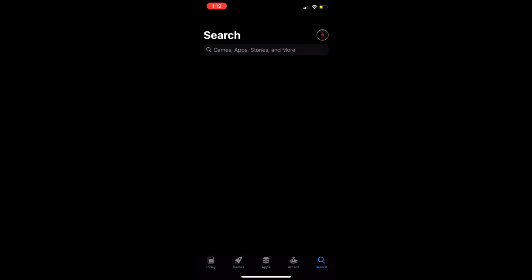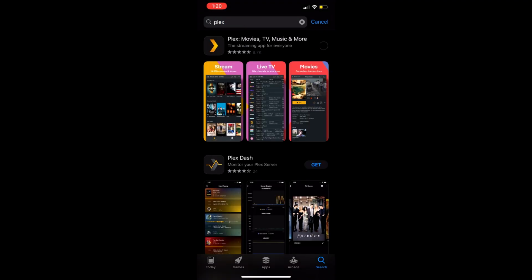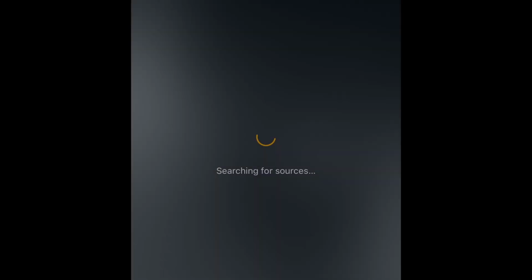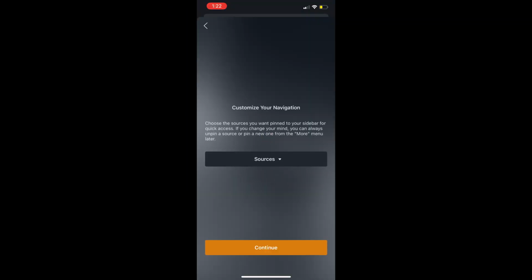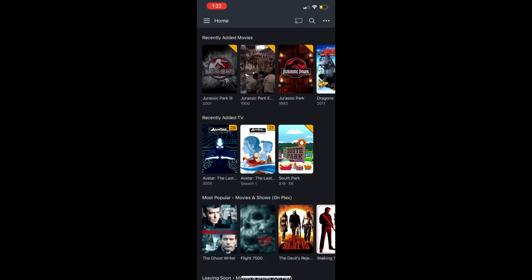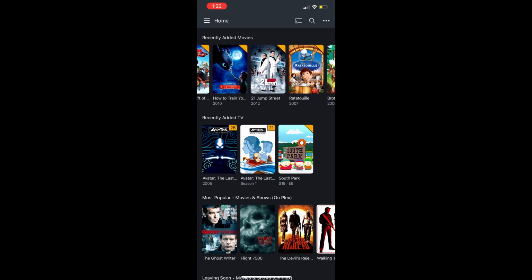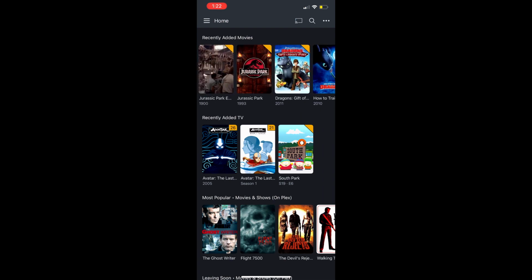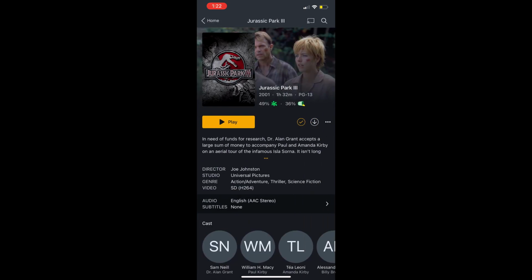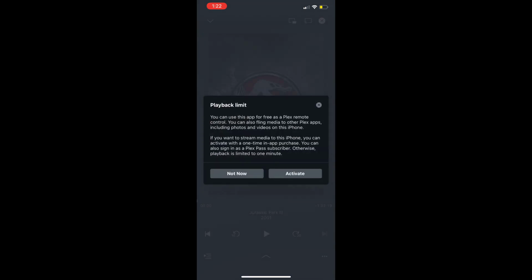Now let's go on our phones and download the app. You're going to sign in using the same email and password you had already set up, and it'll boot up. And click Continue. For notifications, if you want notifications, you can allow them. And there you go. You have all the movies that you have on your server, but now on your phone, not taking up any space. If we open up Jurassic Park and I click play,